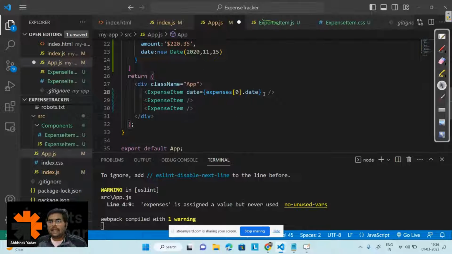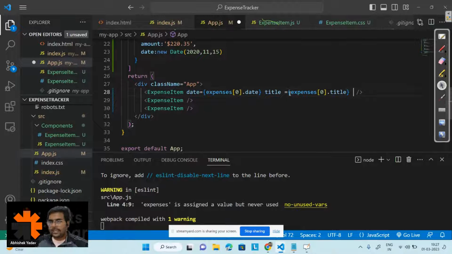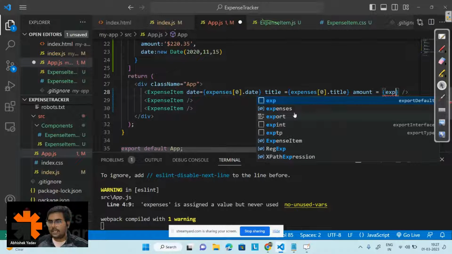And after that, what I will do, I will use the title, right? For the title I will write expense 0 dot title, okay, and I have the title part, right? And after that I have the amount part also, right? So I will create one more attribute, that is amount. So amount is what, guys? It is expense